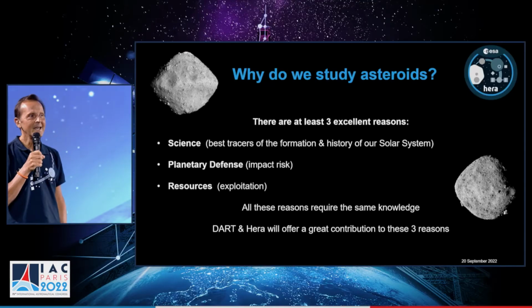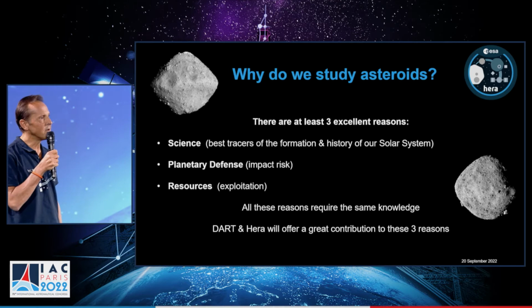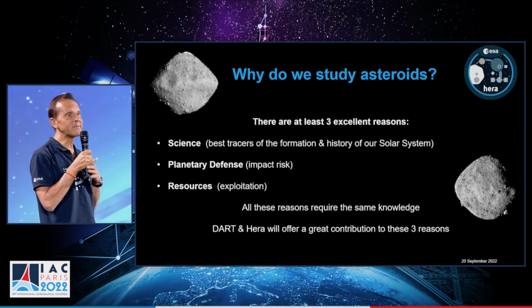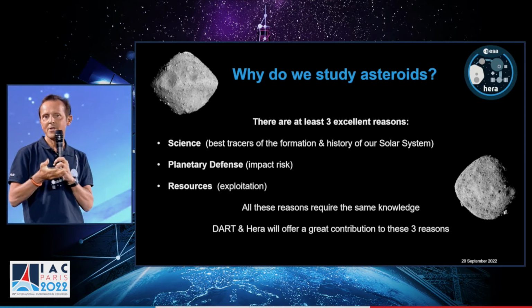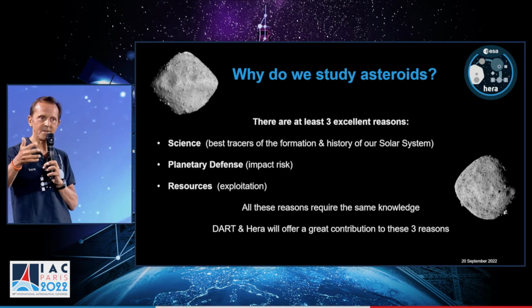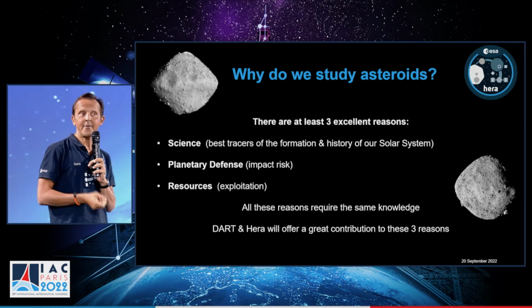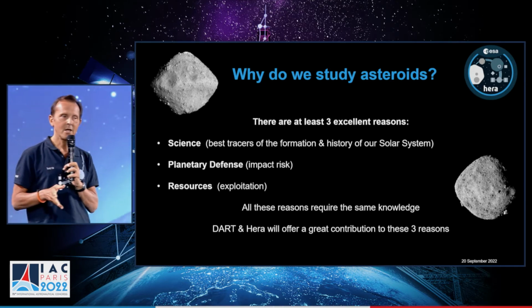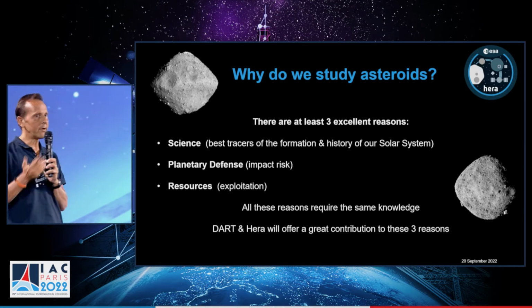And asteroids contain this recipe. Then you have planetary defense, because some of them represent a risk. And then you have resources, because many countries and companies are now interested to see whether we could exploit them in order to, you know, use them as gas stations to go further away. And in fact, for all these reasons, you essentially need the same knowledge, which is what are they made of